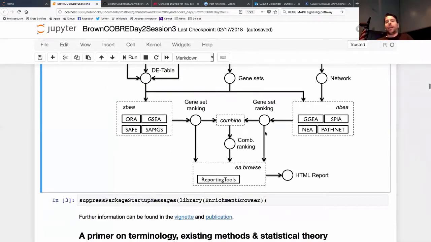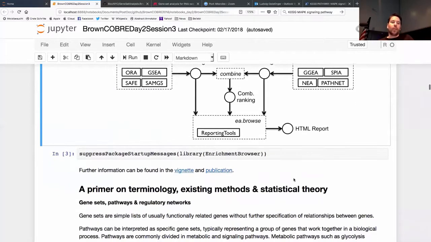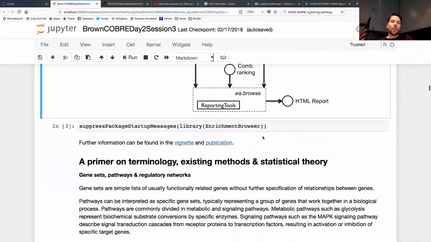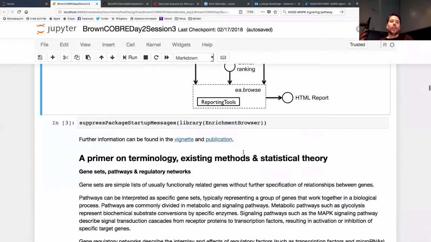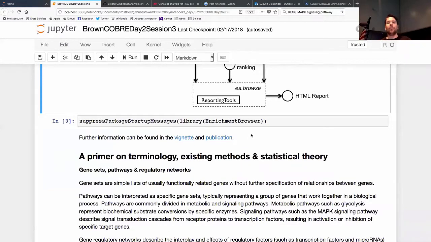And I can then browse, explore, and visualize these gene set rankings, especially the enriched gene sets, individually for each method. And in this package, you can also combine the rankings between methods. And in the end, you get an HTML report that we are going to explore a little bit more later on. So let's start with loading the package and then go a little bit into analysis with the EnrichmentBrowser,